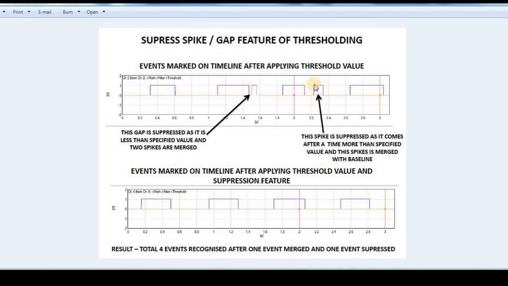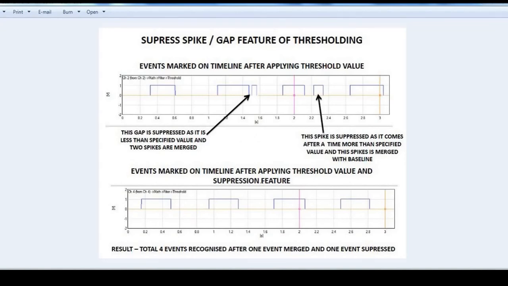In this instance we are suppressing the spike. So depending upon the distance between two subsequent spikes, a spike can be merged and accounted for, or a spike can be just unaccounted and it will go to the baseline. So that is the feature known as the suppress spike or gap feature for thresholding.